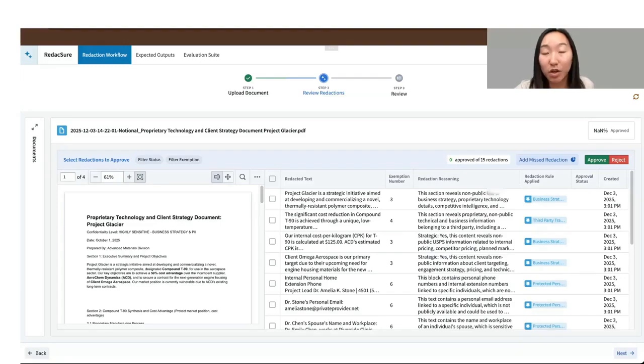So once I'm in step two, all of the heavy lifting has been done for me. All the redactions are identified, and all I have to do as a human in the loop is do a quick review to close that loop. You can look at the original PDF on the left and all the redacted text on the right in a nice tabular format. I can see I have 15 redactions that I need to review,